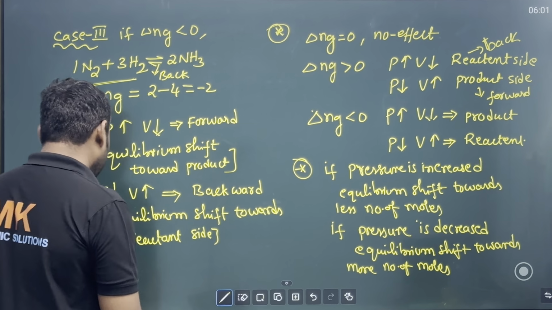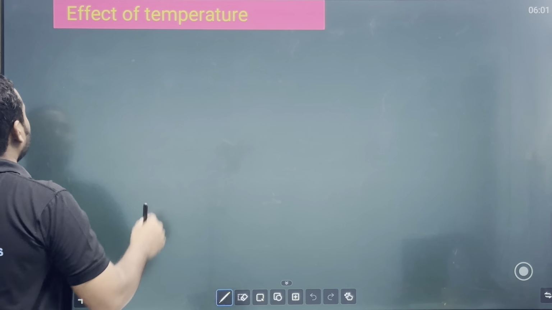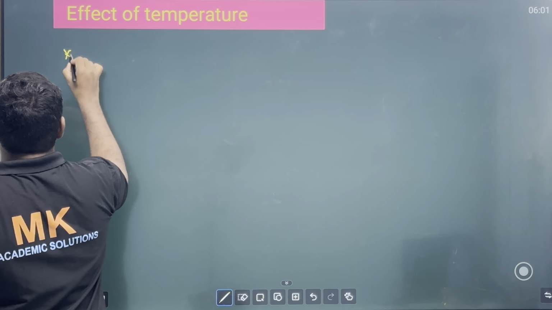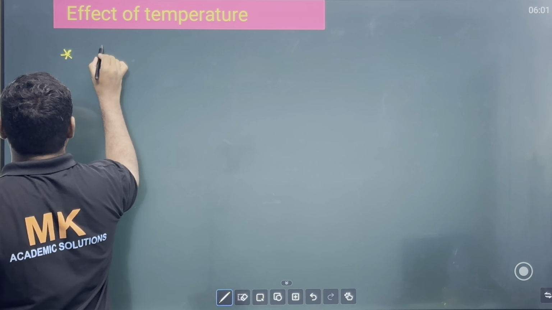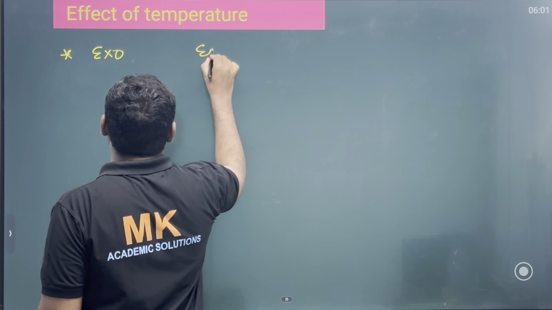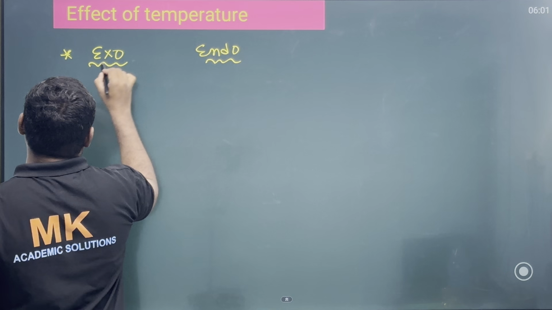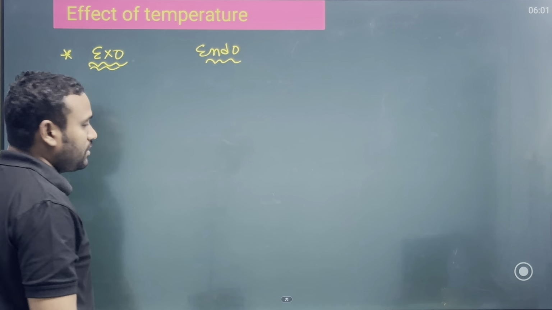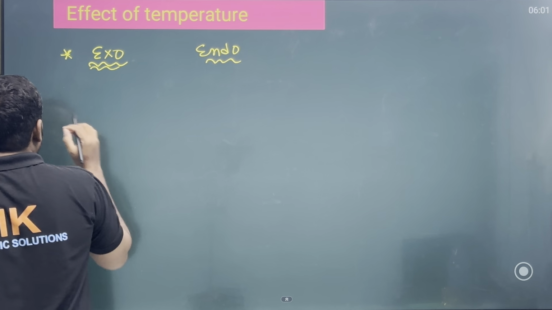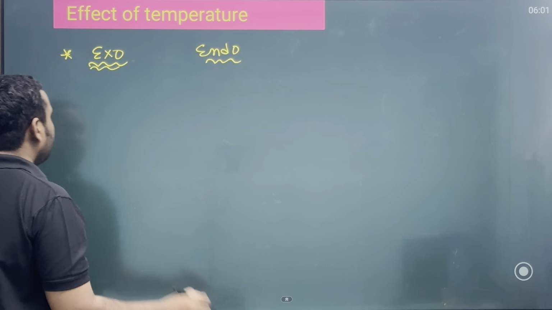Next we will see the effect of temperature. In the effect of temperature, we can take the reactions into two types: exothermic reactions and endothermic reactions. In exothermic reactions, exothermic means heat is released by the system. What is exothermic? Heat released,